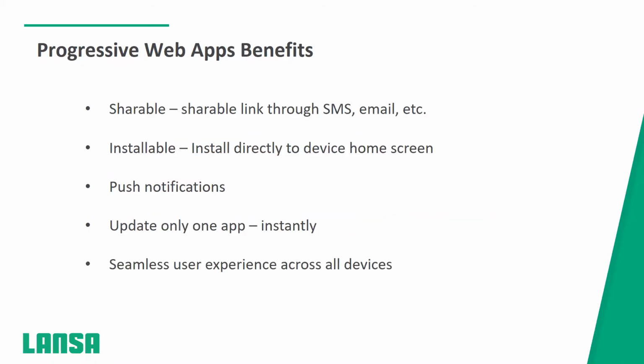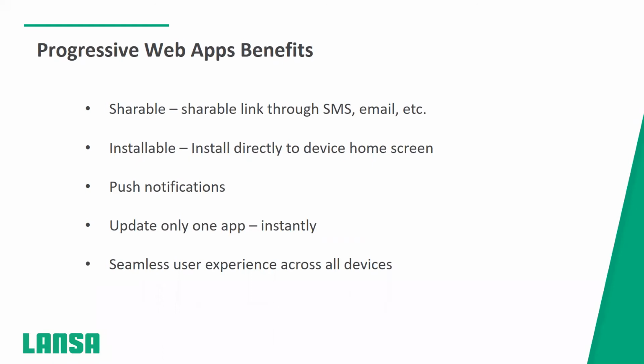So here are some other pretty cool benefits about progressive web apps. They're shareable. You can share them through SMS, through email, and directly on a website. It's simply a link, because think of it, it's a website. And so any way you can share a website, you can share progressive web apps. If you want to email it to somebody, you can put it in an email. Through a text, you can share that as well. Even on a website, if you want to promote your progressive web app, you simply put the link on there. And if you think about how easy that is to share compared to a native